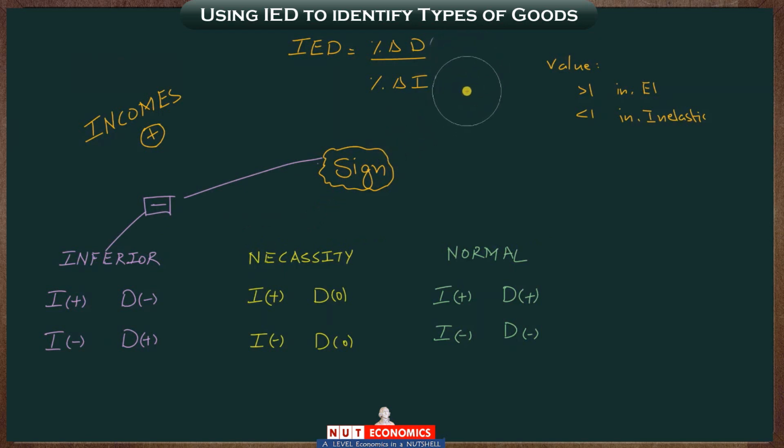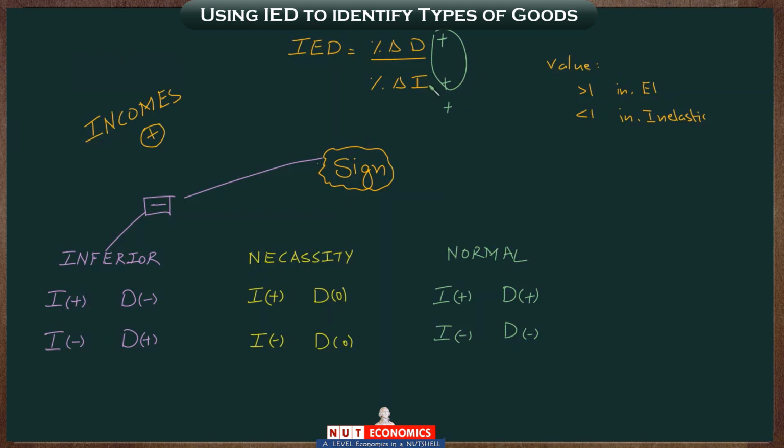On the other hand, let us go back to this example where we said the incomes, let's assume, have increased. Now let's consider what would happen to the demand of a normal good. Since incomes are increasing, for a normal good the demand will increase. So if we try to calculate the income elasticity of demand of a normal good, when incomes are increasing, consumers will buy more, the demand will also increase. So you will end up dividing a positive percent change by a positive percent change. You will get an overall answer which is positive.